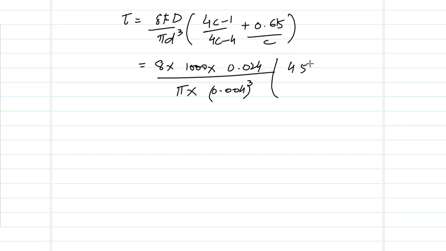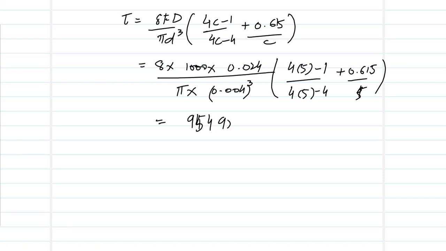So 4 into 5 minus 1, over 4 into 5 minus 4, plus 0.615 divided by 5. So if I calculate this, 8 into 1000 into 0.024 divided by pi into 0.004, and the power is cube. So that comes out to be, I'm just writing it here, 954 929